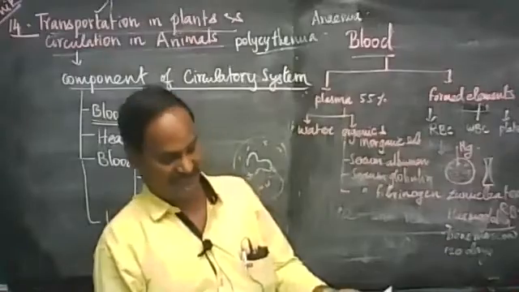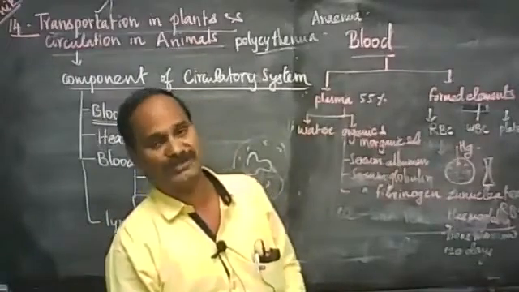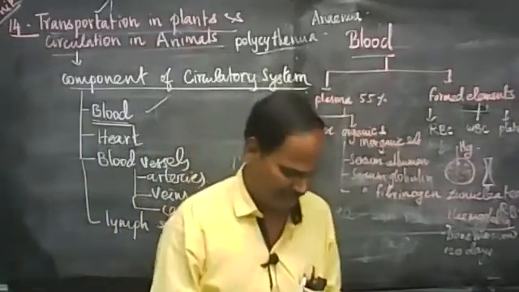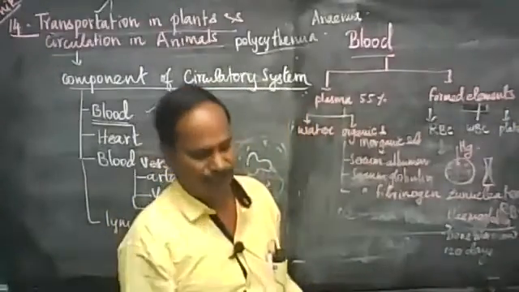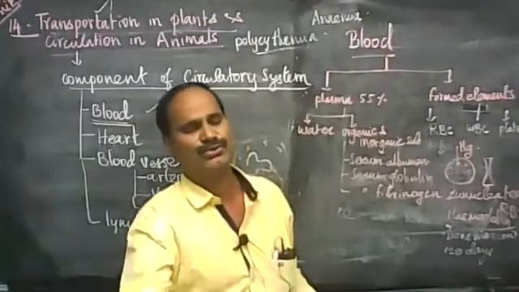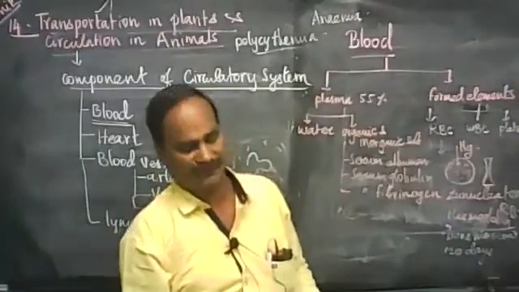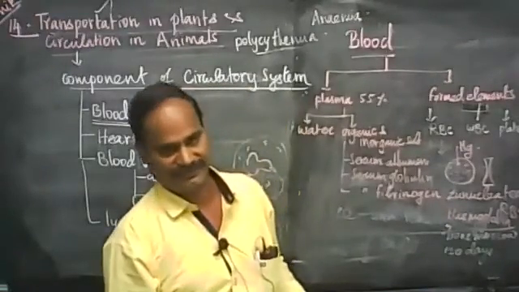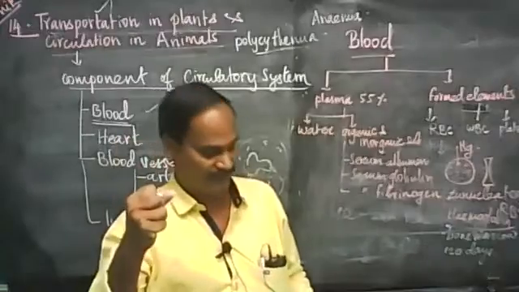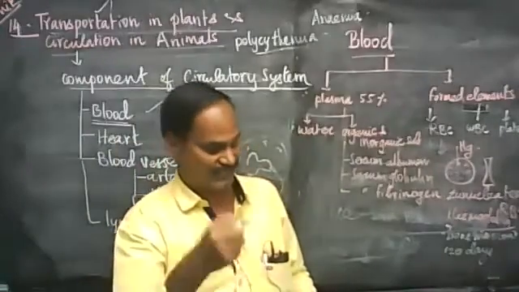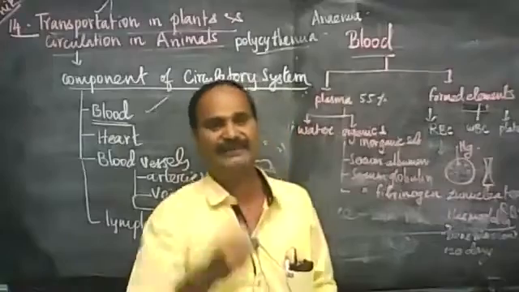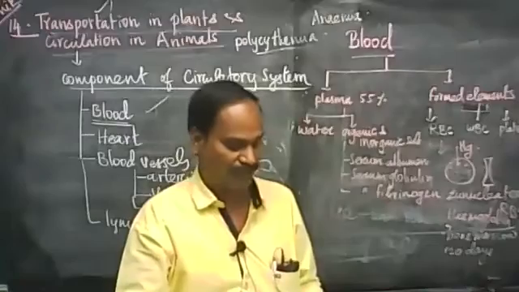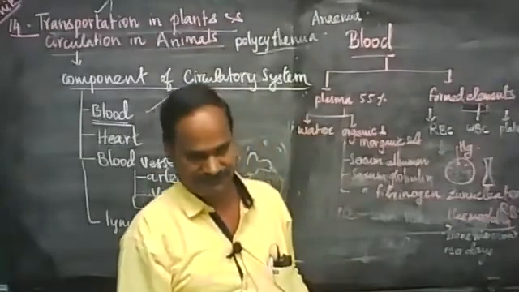The agranulocytes are lymphocytes and monocytes. Go through that carefully. 20 to 25% are lymphocytes. They play a very important role in antibody production. Those antibodies are used to protect our body from diseases. Then monocytes, 5 to 6% of total leukocytes. When you take 100 leukocytes, definitely 5 to 6 belong to monocytes. They engulf bacteria. So all the WBCs play a very important role in killing the pathogens.